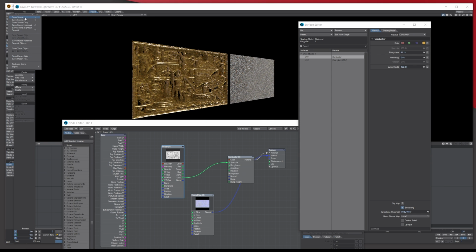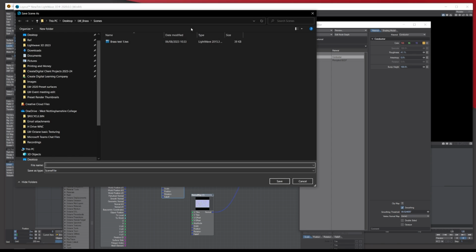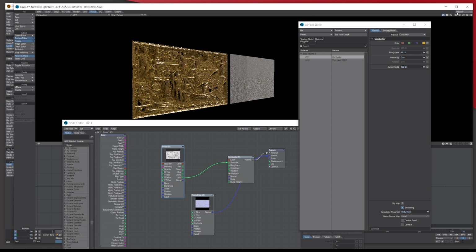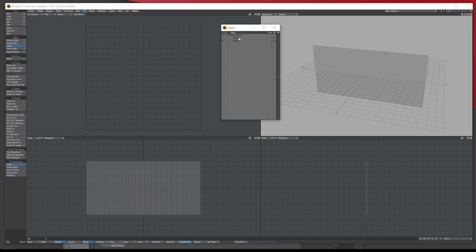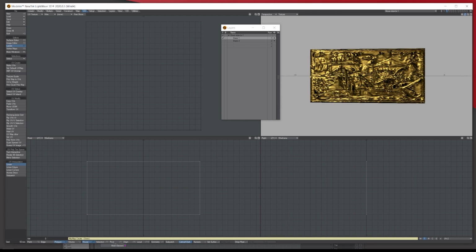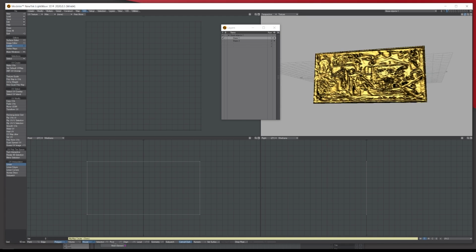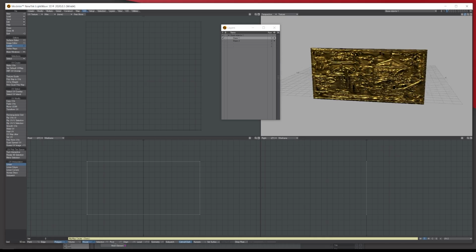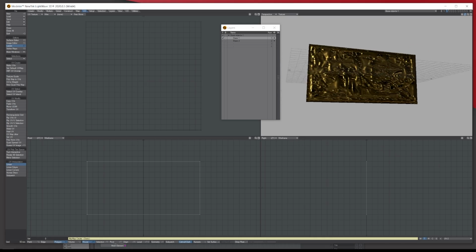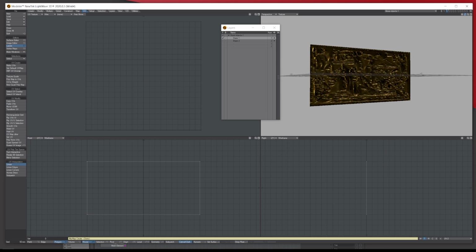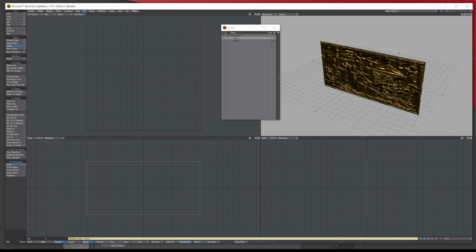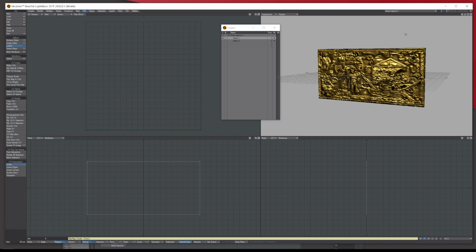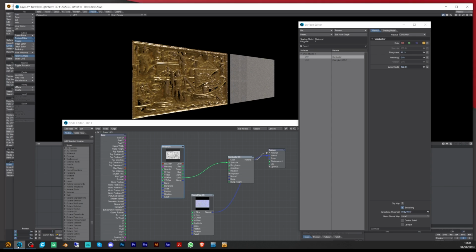If I just save this, so save all, yeah, I want to save it. Let's put it into here as number 2. Save. Now if I go back through to Modeler and have a look, it's in here looking quite nice as well. And again, it's a matter of getting the right detail sticking out and in, if you get what I mean. So just go back to layout.